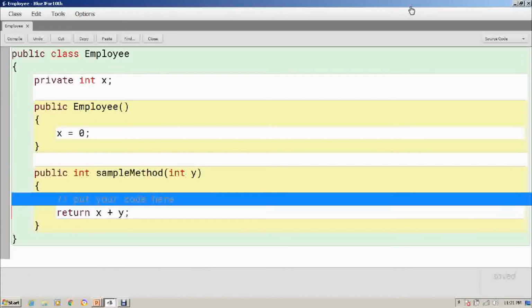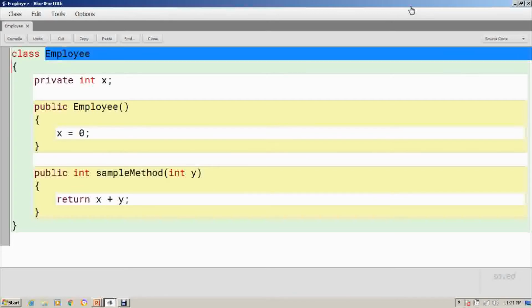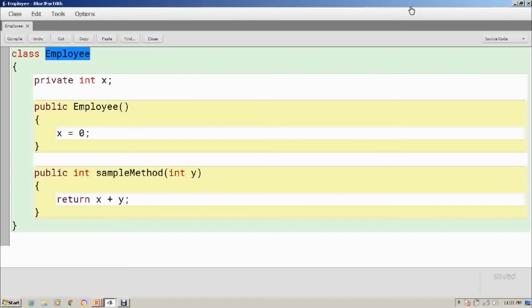Fine, here also. Now you can see the syntax of this class. You can match it with the syntax I told you. Now this is nothing but an access specifier, and right now we are using public. We will talk about different access specifiers in the same video series, so just stick to it and you will come to know what are access specifiers and how they are used. If you want to remove this, you can definitely remove it. There will not be any issue right now. This class is a keyword which we always have to use whenever we are creating a class. And then after, this employee is nothing but an identifier, the same name which I provided in the new class dialog box.